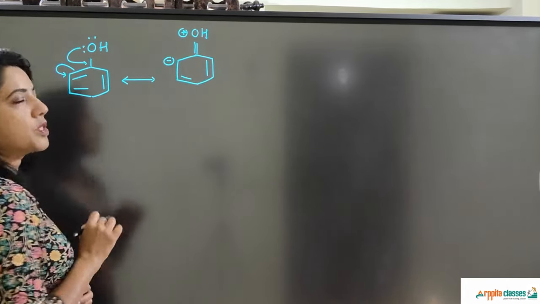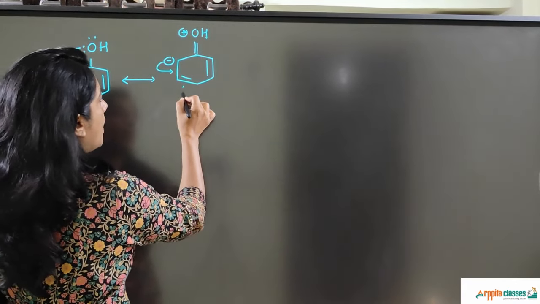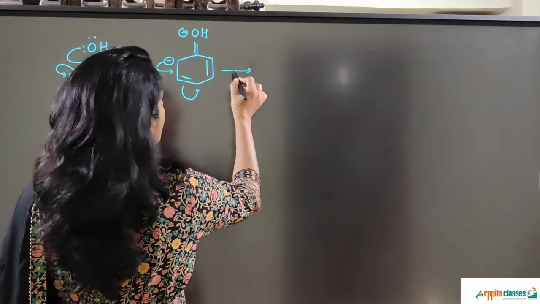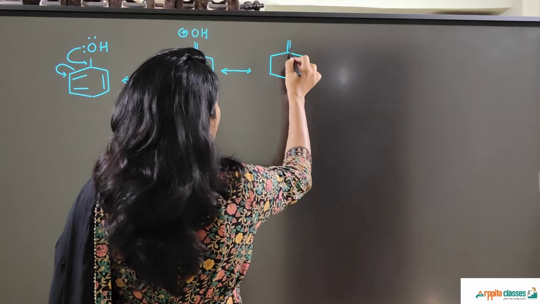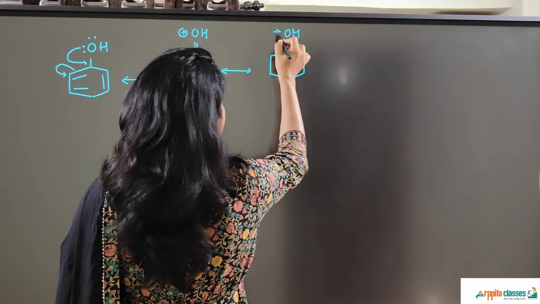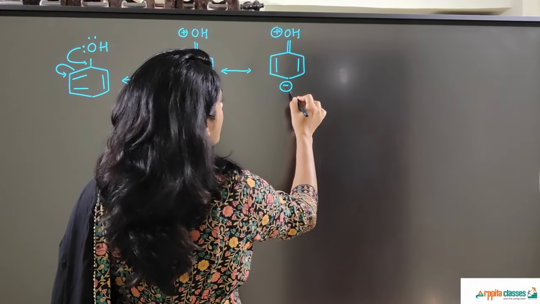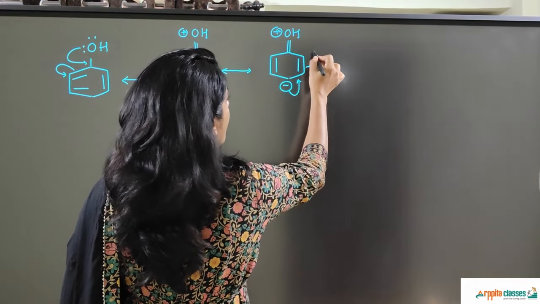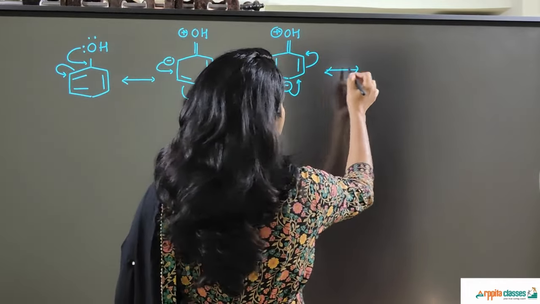This bond is intact. Now this negative charge will come here as a double bond, and this pi bond will be broken. The next resonating structure has OH plus here, this is a double bond, and this is the negative charge now. This will form a double bond here, and then this pi bond will be broken. So the next resonating structure is